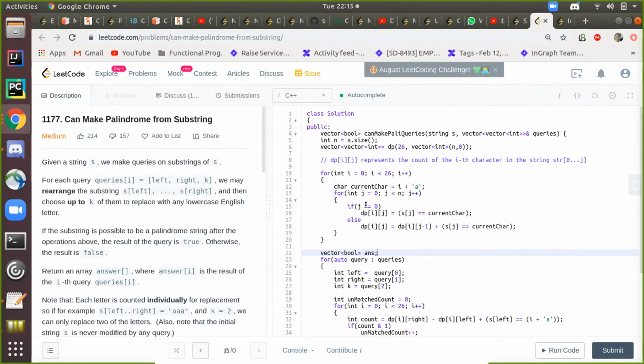If it's the start of my string, I simply do this. So this is the base case. Otherwise, I go one character back in that string and add for that particular string.